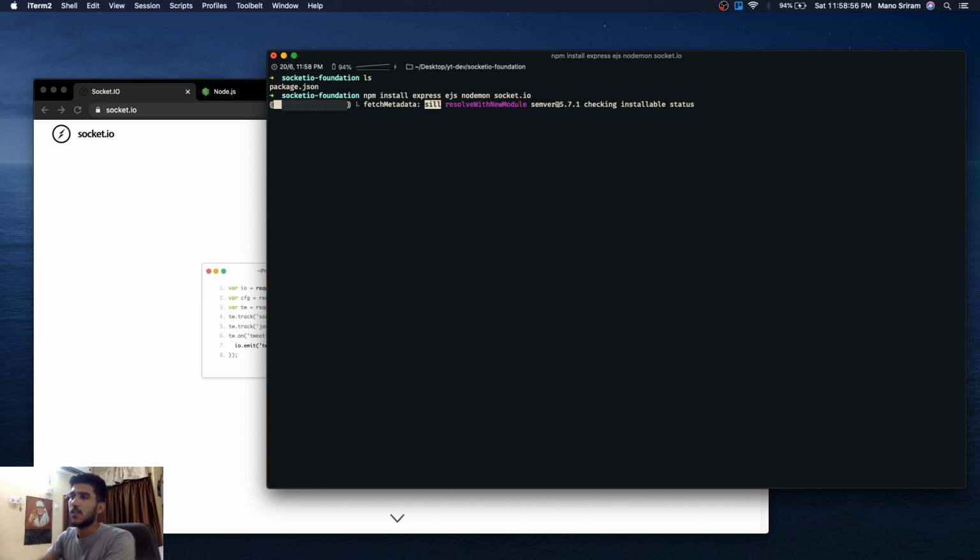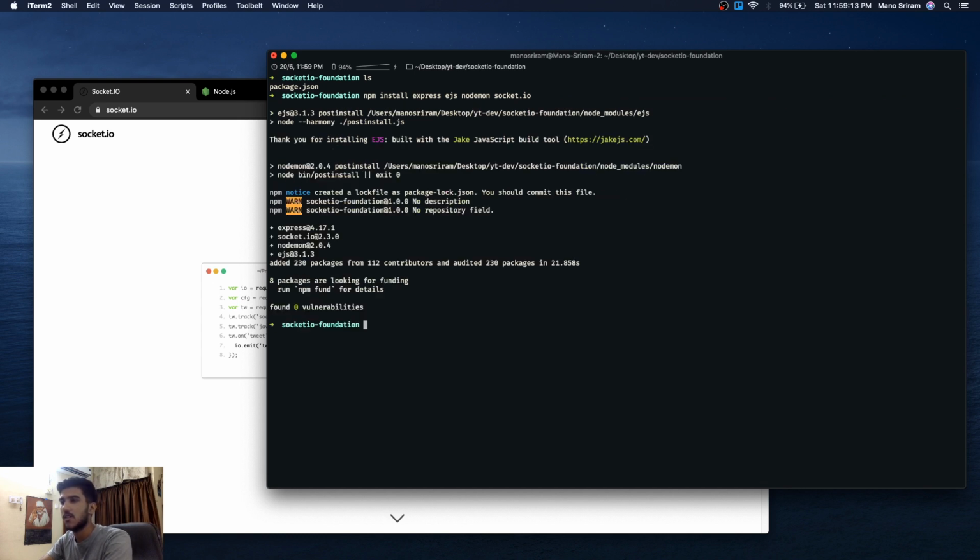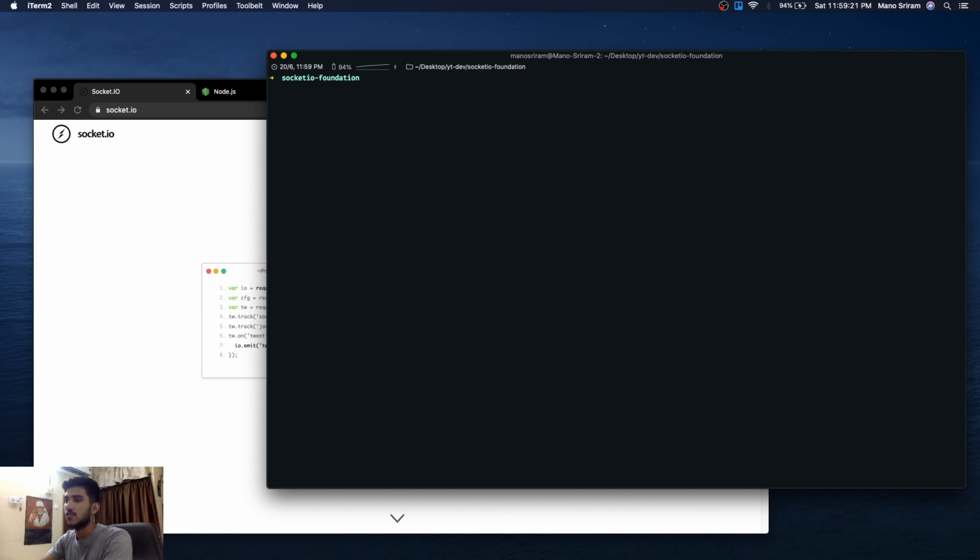And for that, we also need to set the view engine to EJS before using EJS, because Node.js doesn't support HTML by default. EJS is something similar to Node.js HTML, but you can send in data, and it's just like templating variables can be used there. So now we have the packages installed. You can see that there is the node modules folder.